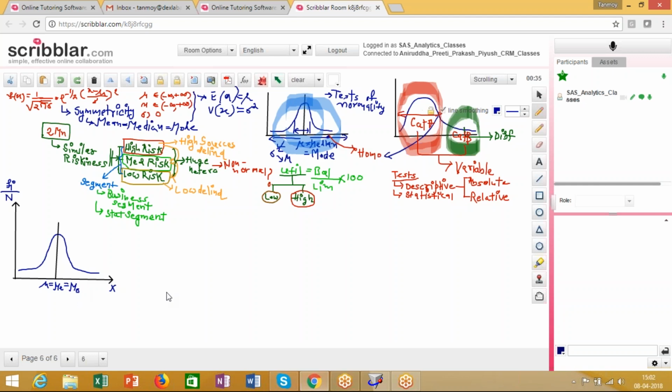So there is mean, median, and mode. The first and most important thing that we look into is whether the mean equals the median equals the mode. If the mean, median, and mode are more or less close to each other, then we know that